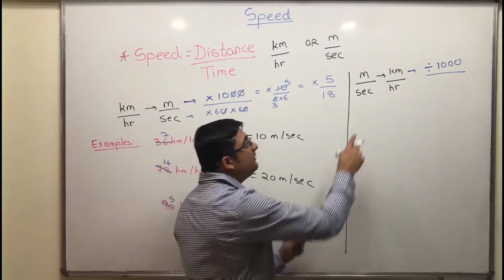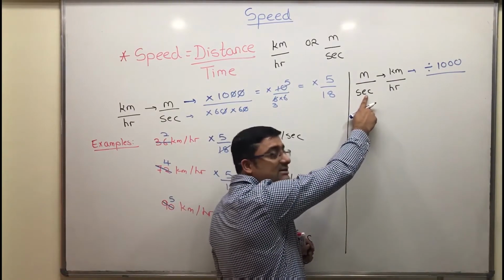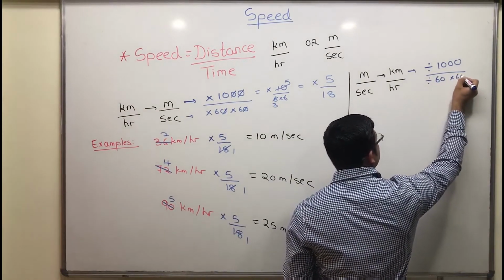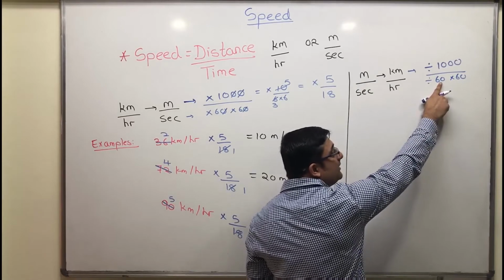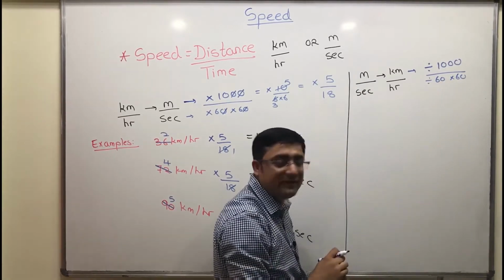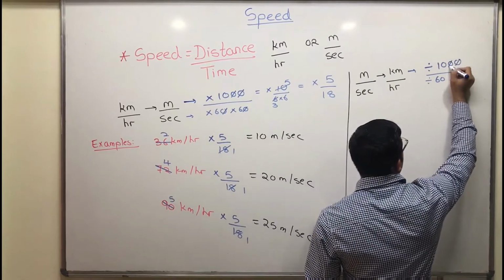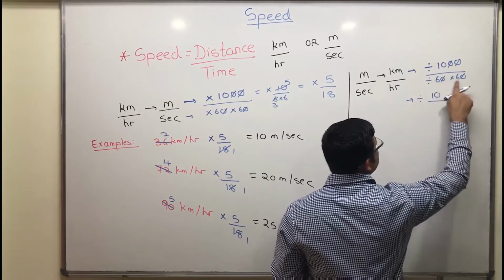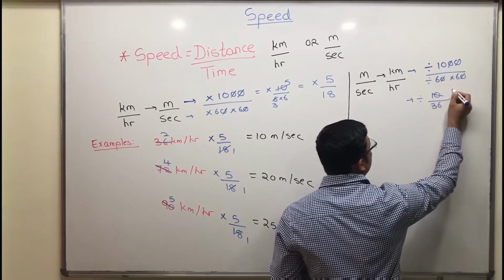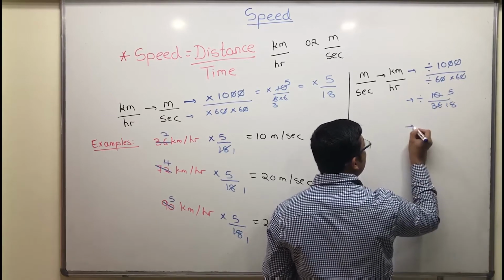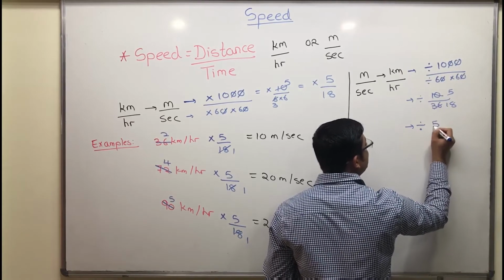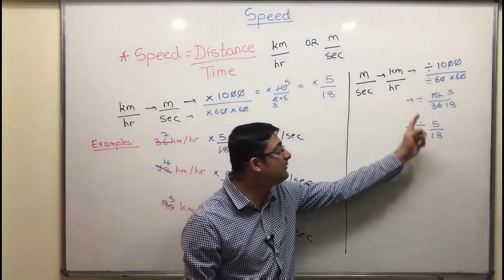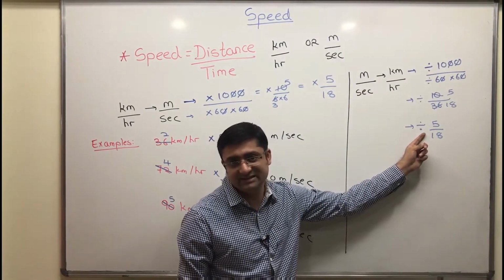In case you don't remember this, first how do you convert second to minute? You divide by 60. Minute to hour, again divide by 60. So this is divide by 60 into 60. That is 1 second is 1/60th of a minute. 1 minute is 1/60th of an hour. So we divide like this. So let's simplify this. 0, 0 cancel. 0, 0 cancel. So we get this as divided by 10 upon 6 into 6, 36, divide by 2, 5, divide by 2, 18. So here we get division, that is divided by 5 by 18. That means whenever you want to convert from meter per second to kilometer per hour, you have to divide by 5 by 18. Is this clear?